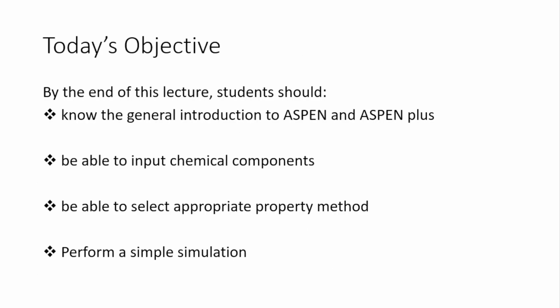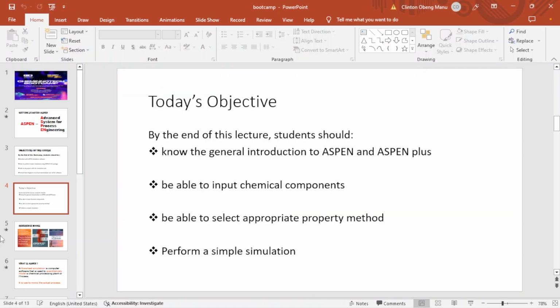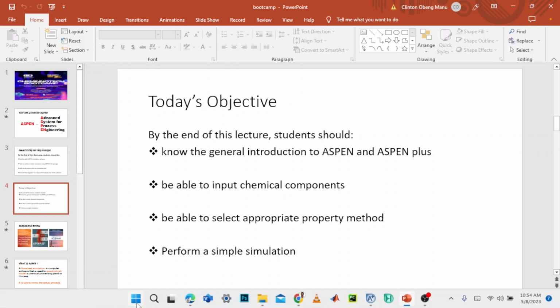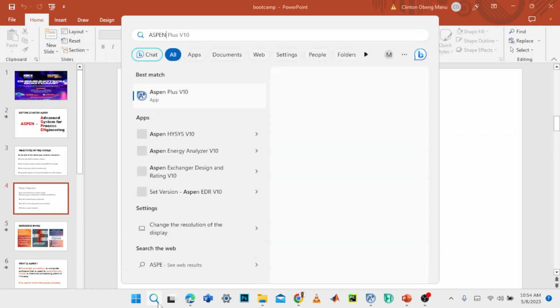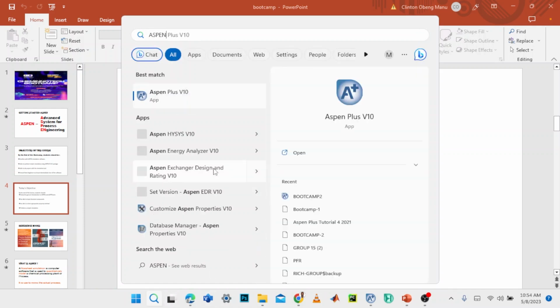And for today, just as I have introduced the course to you, we are going to do some small introduction, and we are going to learn Aspen Plus. As I was talking, I only mentioned Aspen, but Aspen has a lot of packages. Let me try and find them. I want to show you, if you search for Aspen, the package that has been installed here,